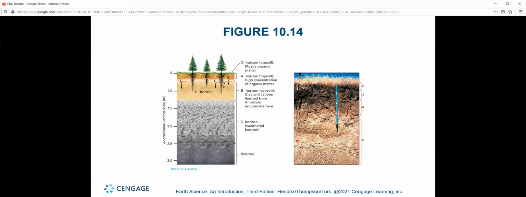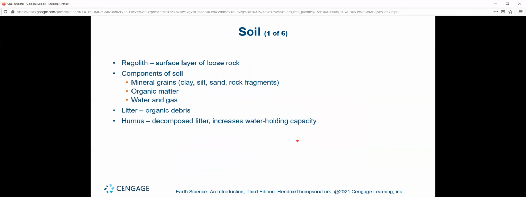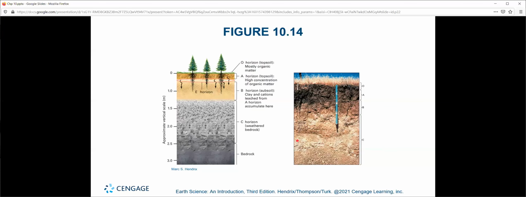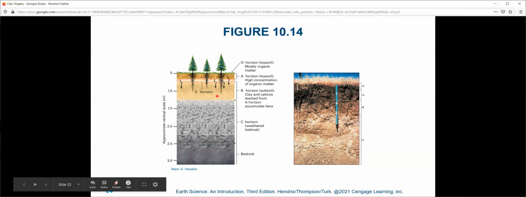This is a loose material, loose rock. Water can still cut through it, but you've essentially lost all of your humus. You've lost all of your organic component, and the C horizon is more so the beat up bedrock than it is anything having to do with soil, if that makes sense.